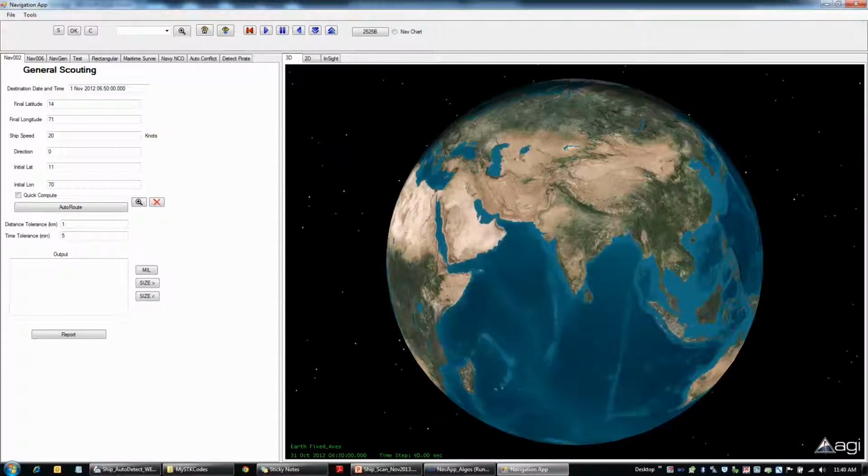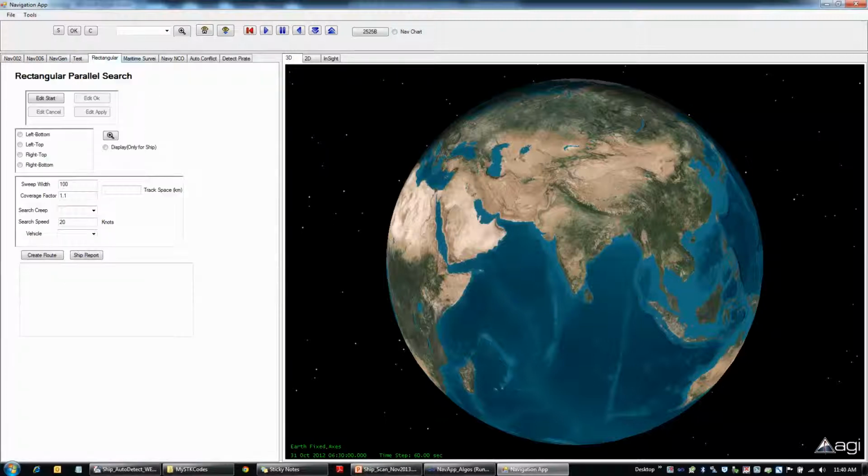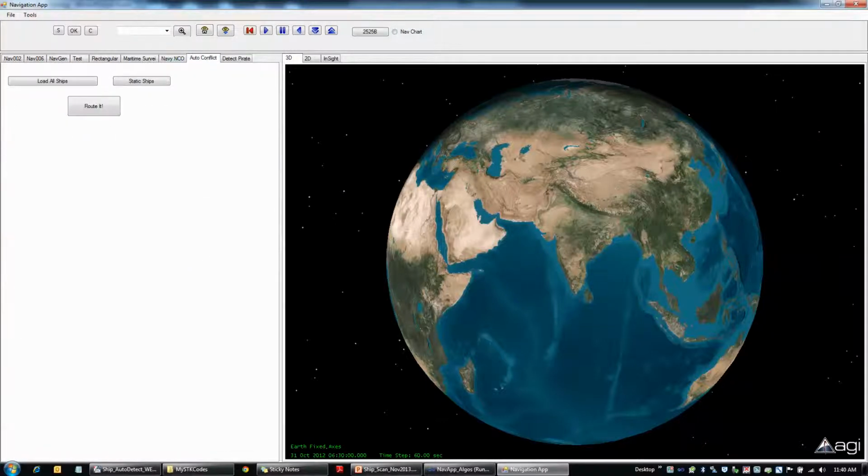You have the animation buttons, and whatever object you create, the list will pop up in this window, and you can zoom to each object you create. This is the home button, and this one goes to the earth fixed mode, and this is all for editing each object listed here. Each and every tab denotes some apps I have developed, so I'll show each one of them.